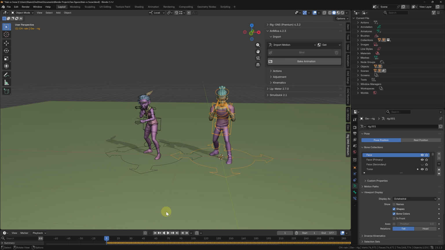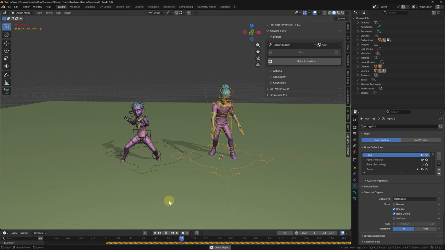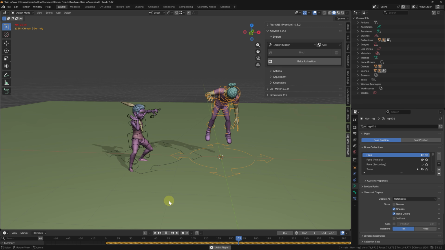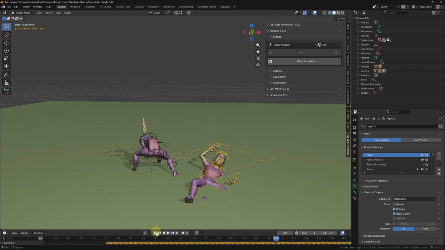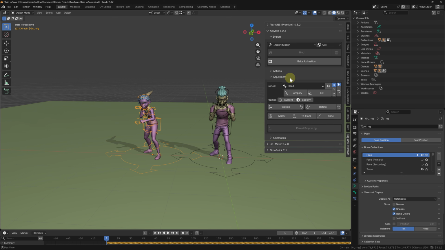Okay, let's return to frame 1 and preview the animation again. Now you can see both characters are being animated, but they're still not interacting with each other. We'll need to have them face each other. I could do that by pressing R and Z to lock on the Z axis, but we're not going to be using that. What I'll do instead is start with this character, so I'll select that and then expand the adjustments tab here and then click this rotate button. So now when I move the mouse, you can see it rotates the character. You also want to pay attention to the value here. So we're going to make this 90 degrees by entering 90 and then press enter